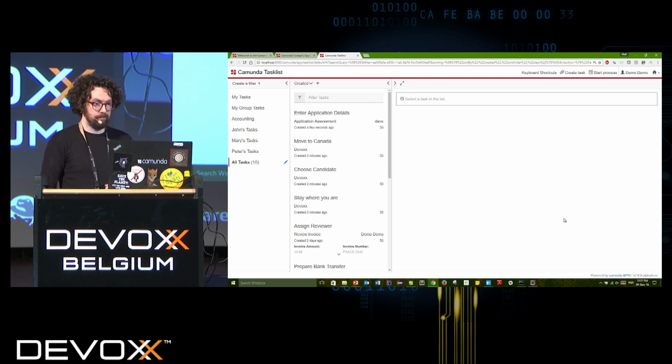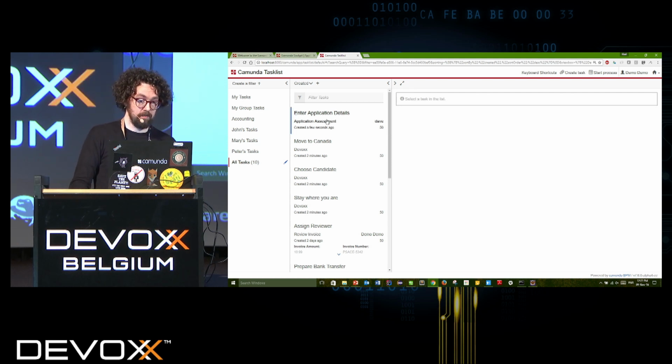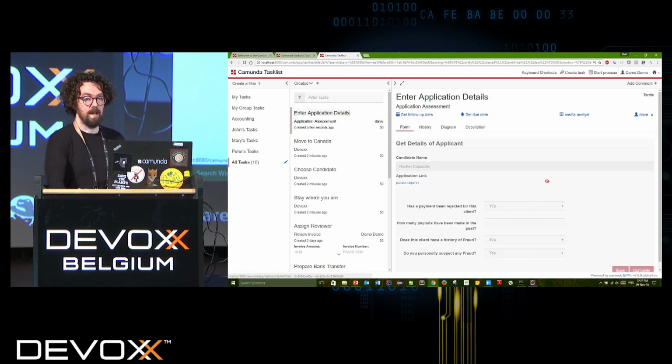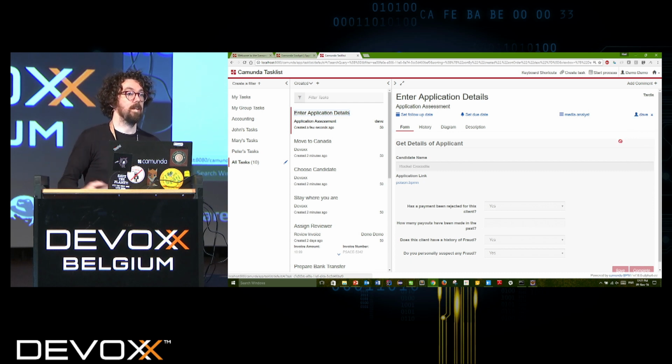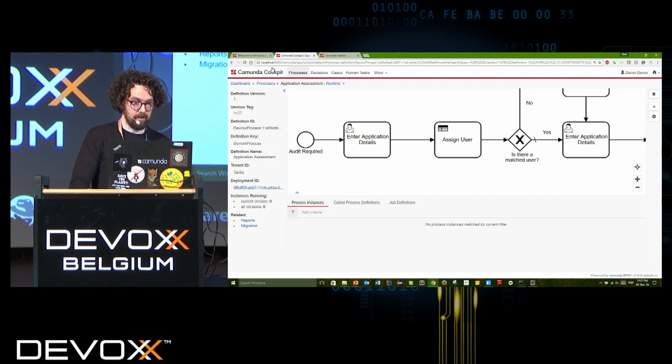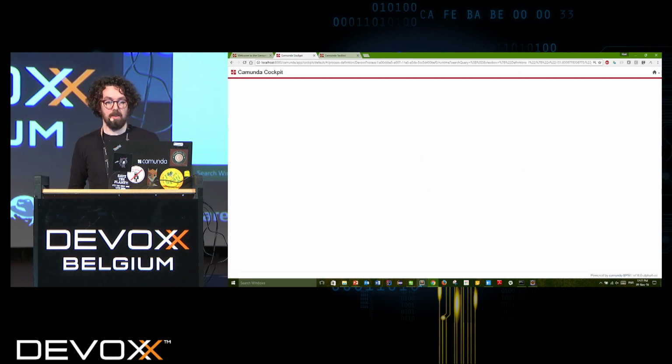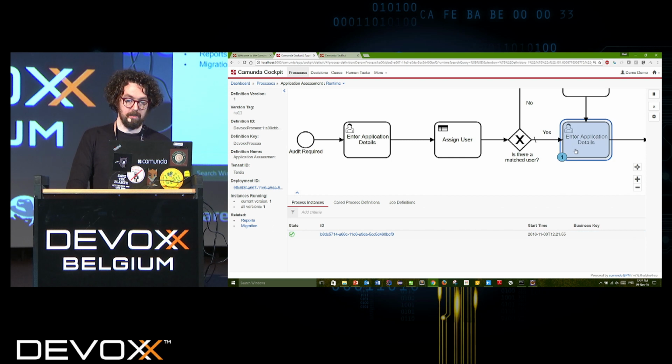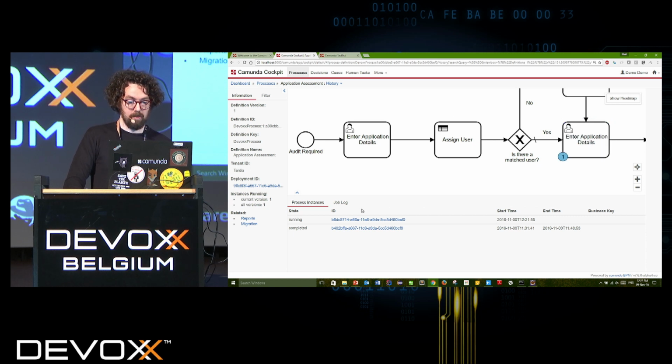So when I complete that, it does go to the next process, but you can also see that we now up here have Dave as the assignee. So Dave has been automatically assigned to this task. From Cockpit's perspective, if I refresh this page, we should see that the process has moved to here. And if we wanted to find out why Dave, for instance, got assigned to this task, we take a look at the history of this process instance